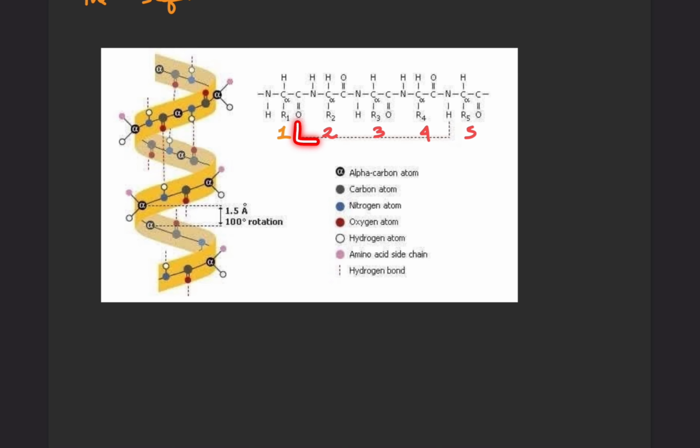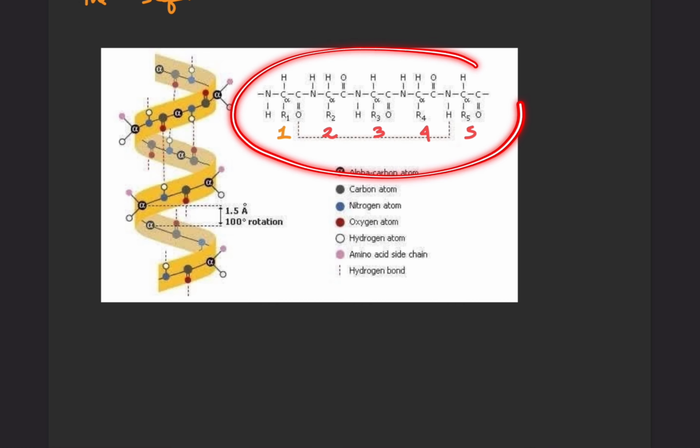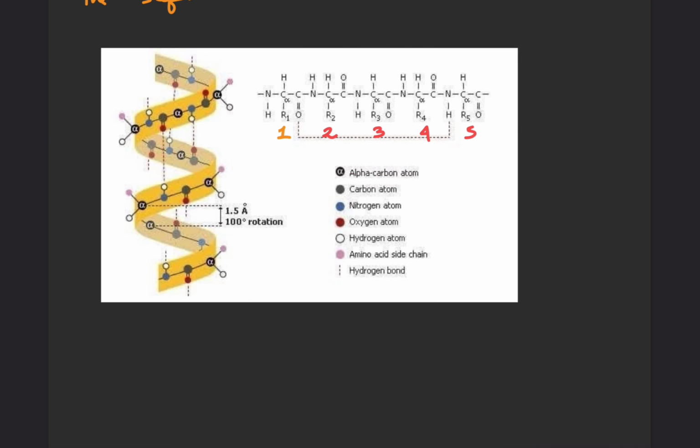So this is connected to the 1, 2, 3, fourth residue of alpha amino acid in the sequence. Okay, so you can see there is a hydrogen bond between CO and NH. Okay, so because of this hydrogen bonding in the polypeptide chain, the polypeptide chain coil up into